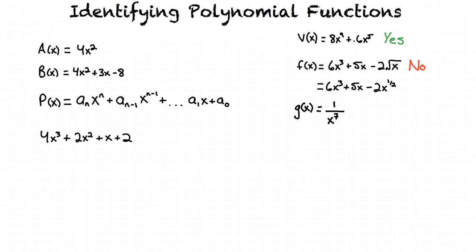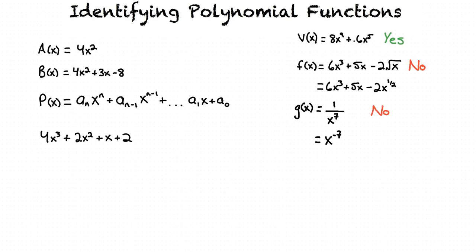This is not a polynomial function either. When we are trying to identify polynomial functions, we do not leave variables in the denominator. So when we bring the term x to the 7th to the numerator, it becomes x to the negative 7. The exponent value negative 7, as we can see, is not a whole number. So whenever there are variables in the denominator with positive exponent values, we know the function is not a polynomial